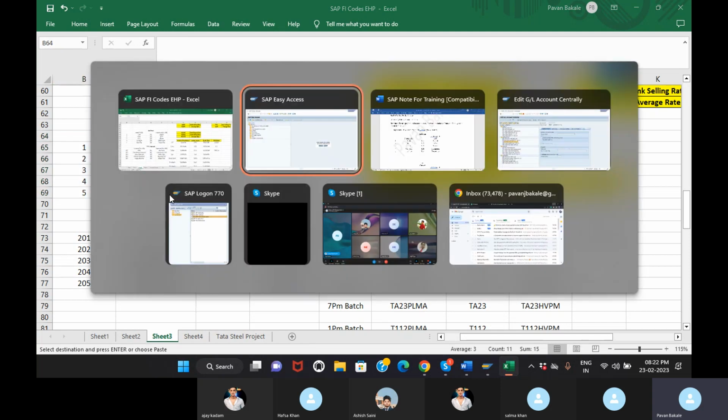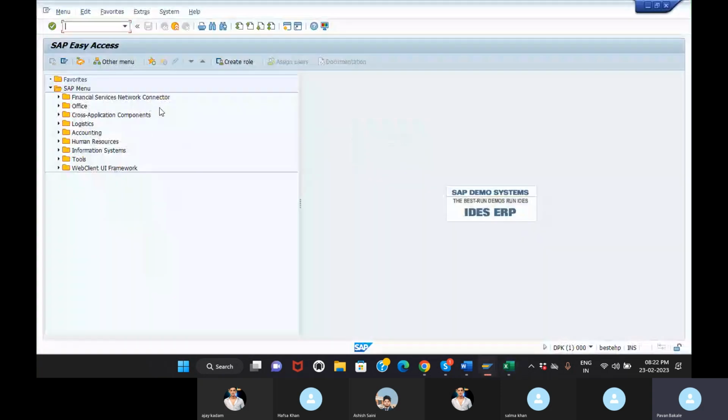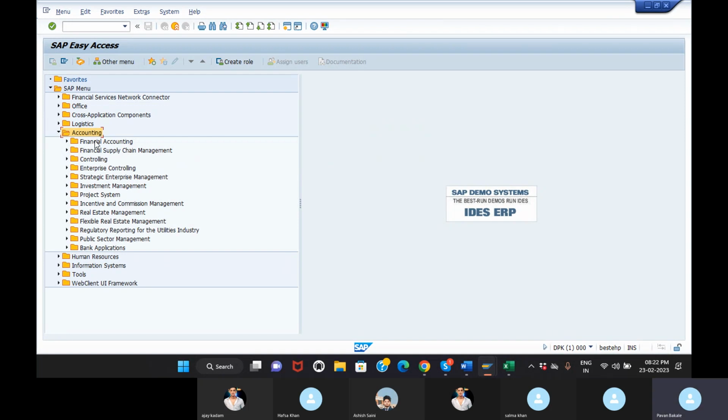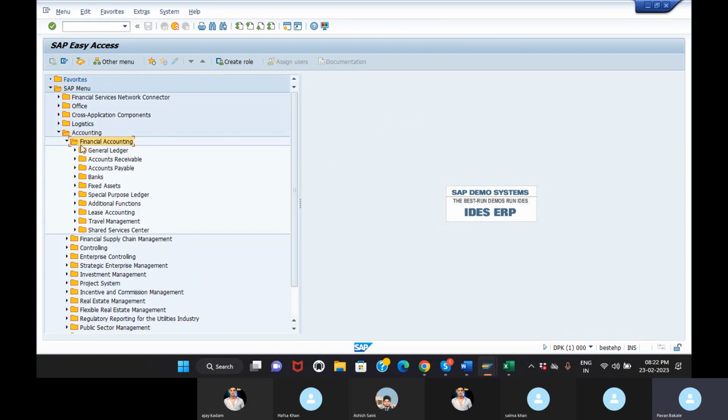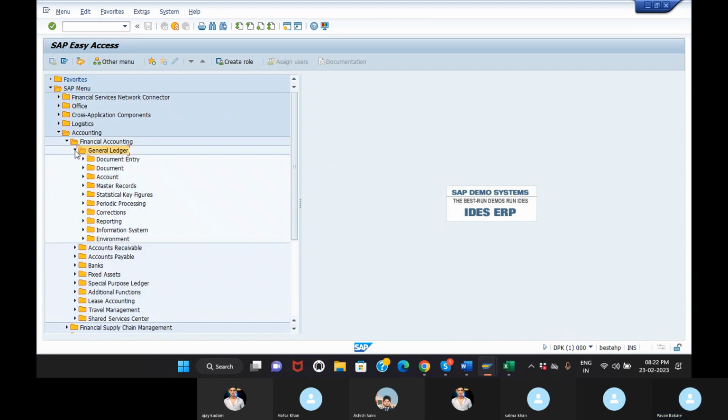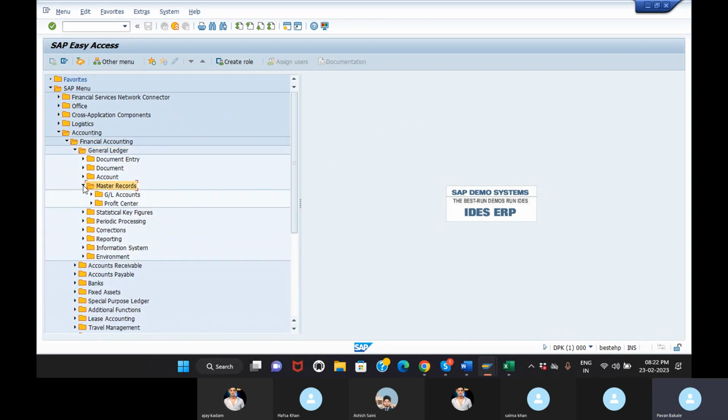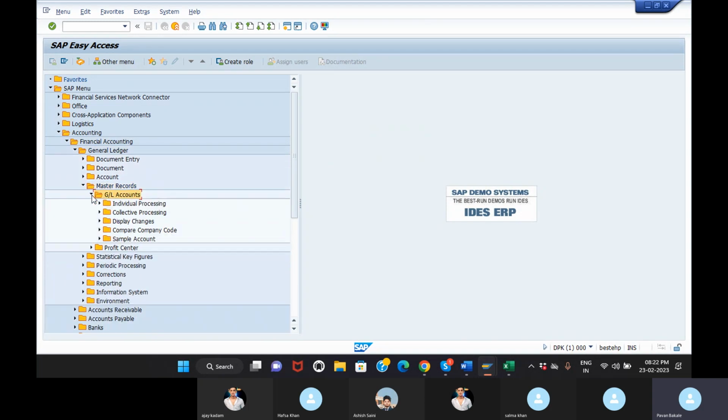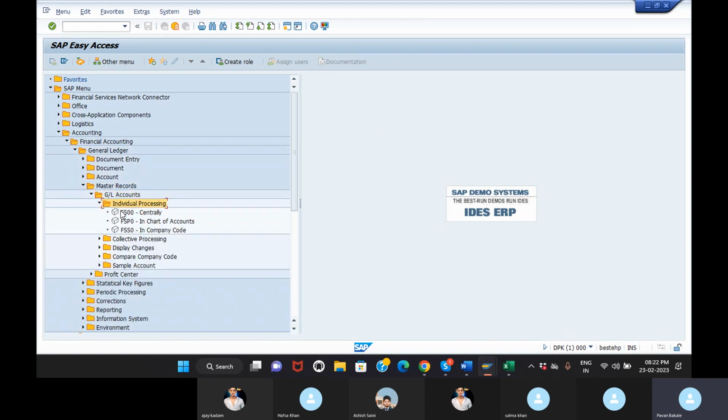So what I'll do for this, I'll go to SAP. Where do we create that one? You need to come to the SAP menu screen. Under that you go for accounting, then financial accounting, then general ledger, then master records, then GL accounts, and under that individual processing. Here you are seeing FS00 centralization. This is the path and transaction code both, where we create